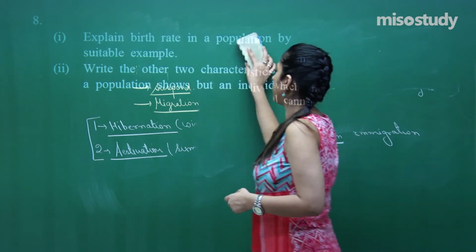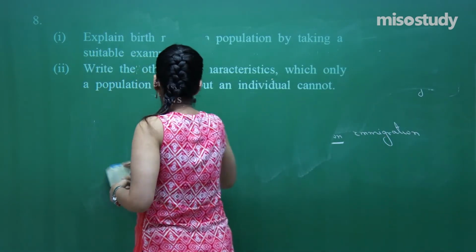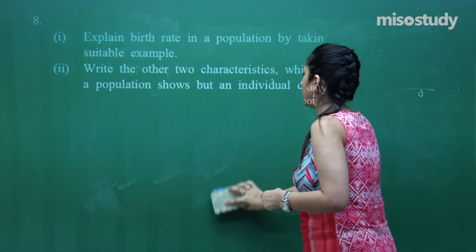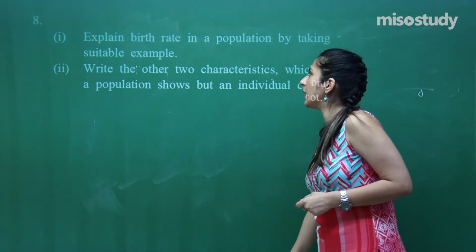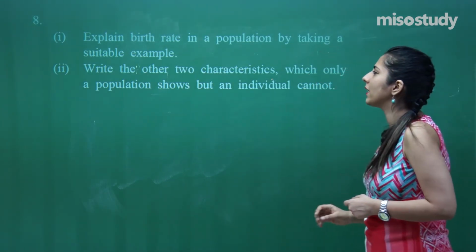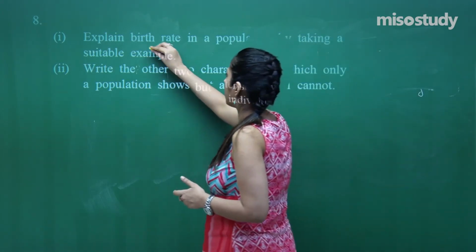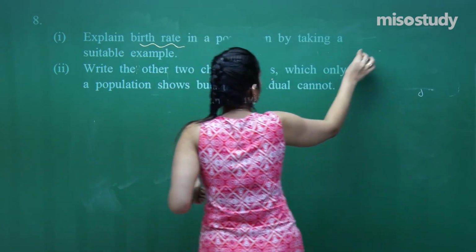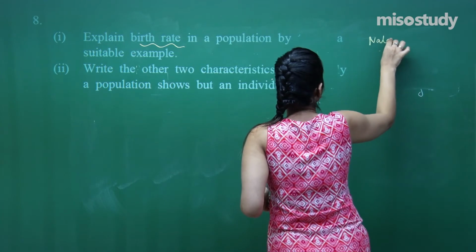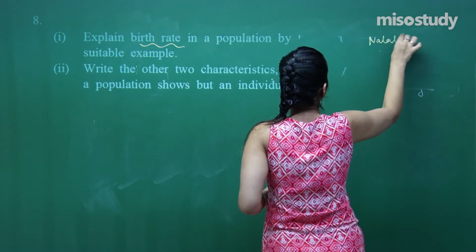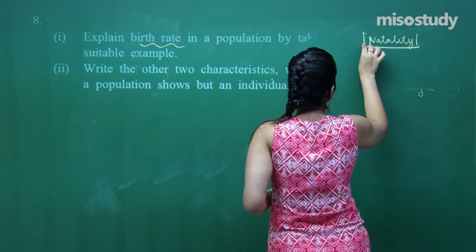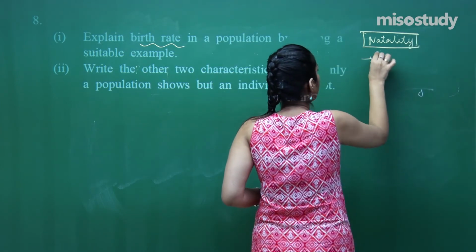This question number 8 is again of 3 marks. Let's see. Explain the birth rate in a population by taking a suitable example. Now, what is a birth rate? In the sessions, we have discussed the natality or birth rate. That means the number of individuals born